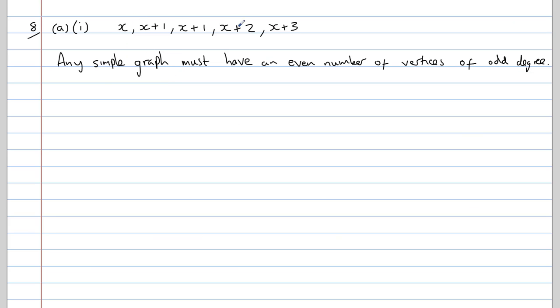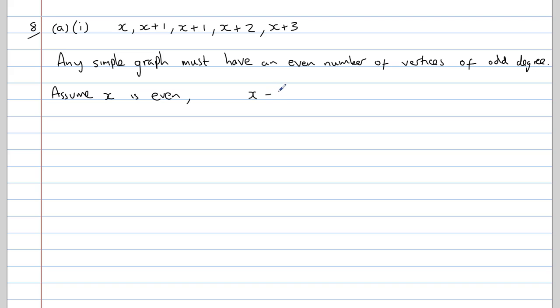So here is the order of our vertices, and we're told the fact that any simple graph must have an even number of vertices of odd degree. That means we could have maybe 2 vertices that are odd, 4 vertices that are odd, and so on. So what we can do is prove that it cannot be an even number by contradiction. So if we assume x is even,